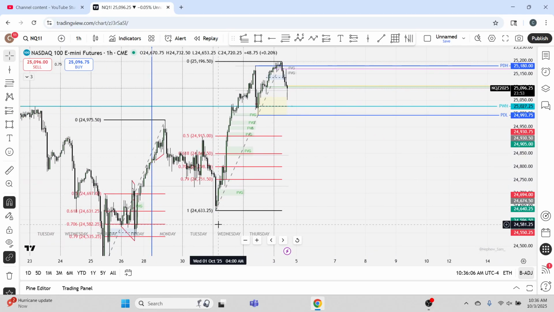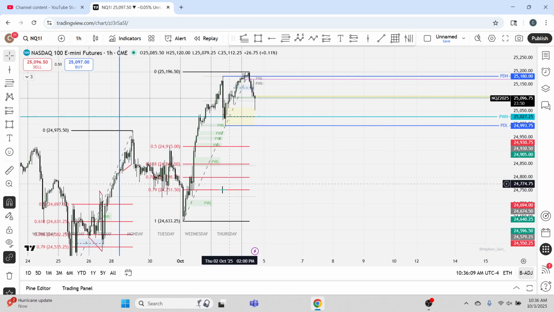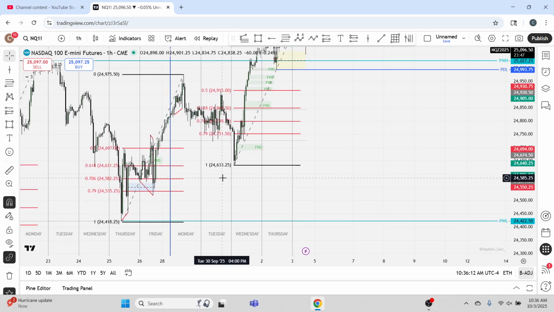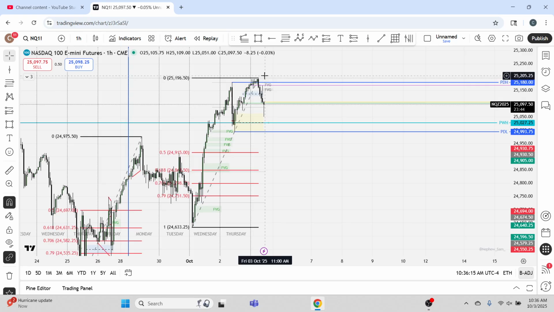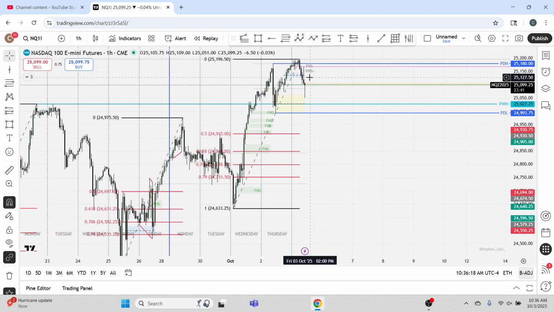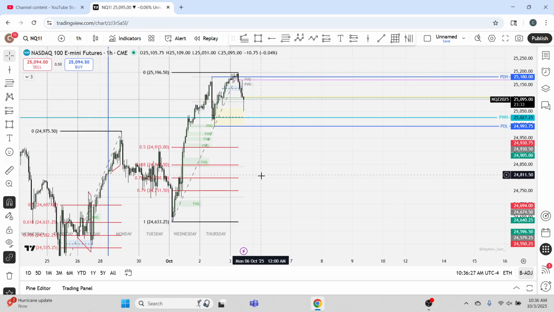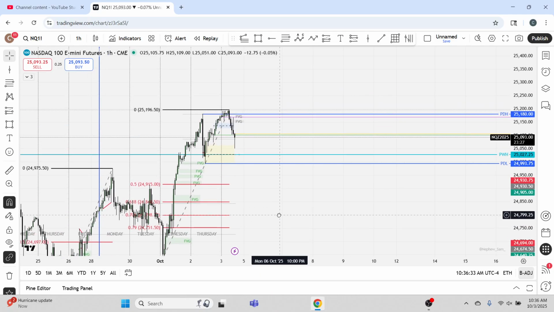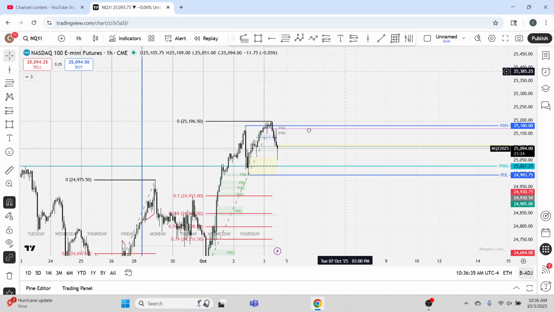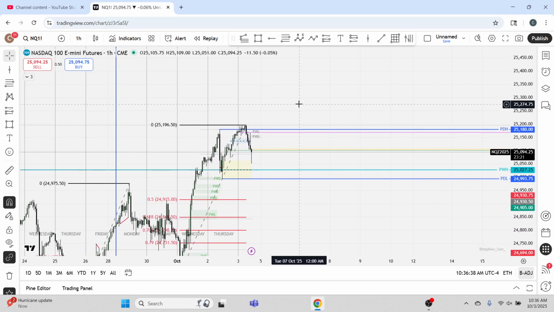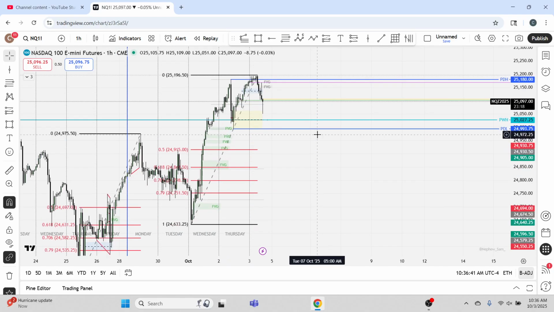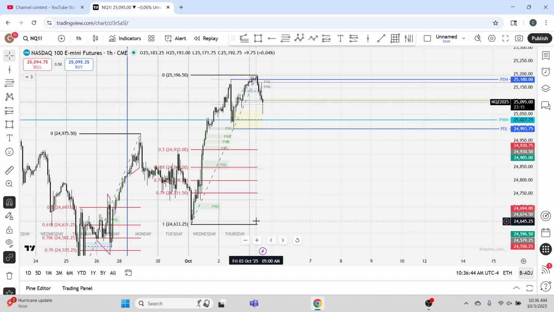So as far as this week goes, this is the week that we're in right now, we had this push up on Wednesday, delivering from discount up higher out of those 1 hour imbalances. We're in an uptrend on the daily time frame. So now, eventually, I'm expecting a swing high to form, and I'd like to see this leg trade into OTE somewhere down here eventually. I'm not sure if that'll actually happen, but we will wait and see. It could keep on pushing higher before it forms that swing high, swing low. But eventually, I do expect this leg to come into OTE properly, into a discount, and then continue to move